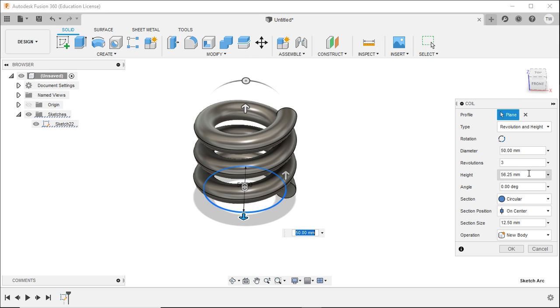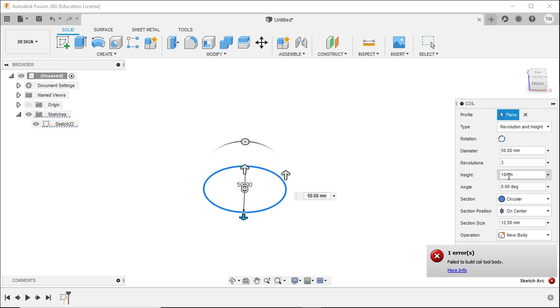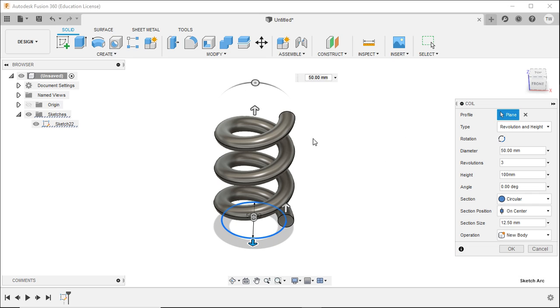And the height you can manually change. You can change how many revolutions you want. So I'll do 50 by 50. Just to show you, I can do, oops, sorry, meant to do 100 there. So it's going to keep the number of revolutions that I want because I've got 3 here. If I do,